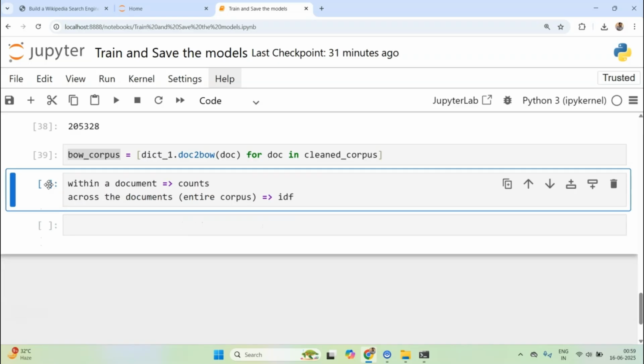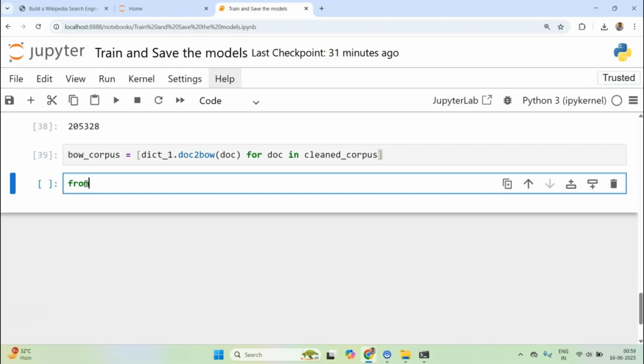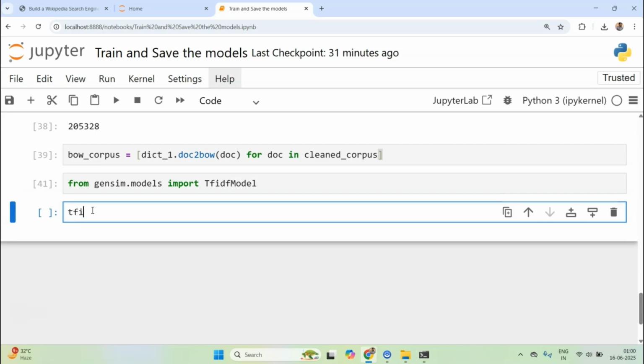Now how do we compute this? We have already got the BOW corpus. What I'll do is import from gensim.models the TfidfModel. I'll define tfidf, and this takes the entire corpus, which should be the BOW corpus.